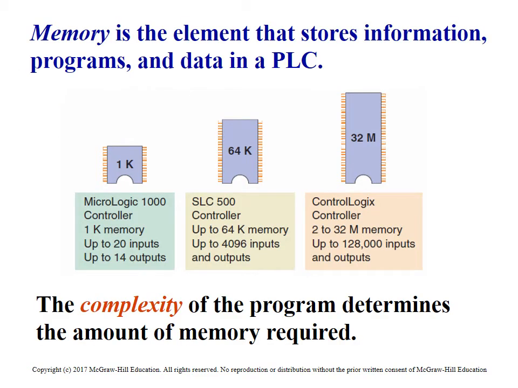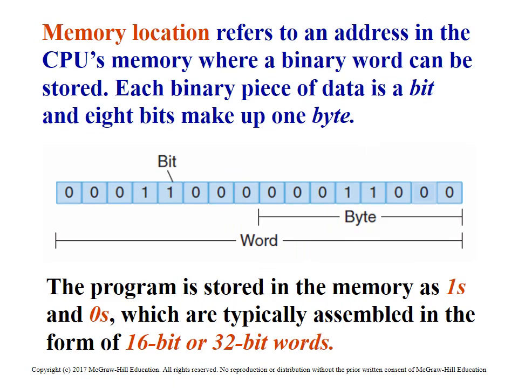Memory design, again, I think I talked about this a little bit in the last section. You won't even find a 1K processor, I don't think, anymore. I think the smallest you'll find would be a 32 meg, but there might be a 16 meg out there, but I don't think you're going to find a 64K either. Everybody's gotten away from that smaller stuff and really moved into the 32-bit technology with the larger memory.